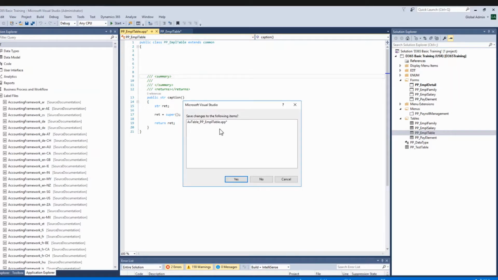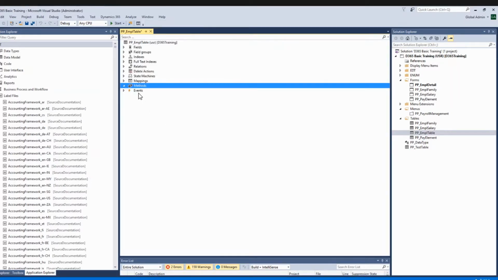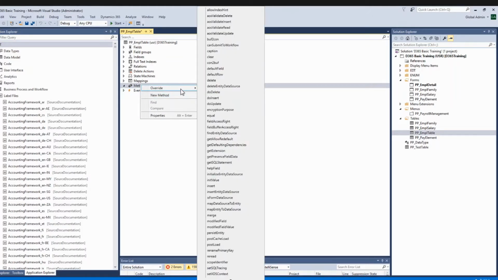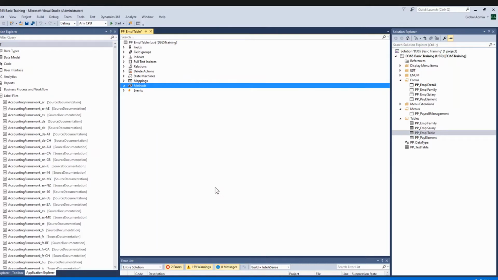So we have many more methods. If I right click, we have override. If you see init value, this is executed when a new record is added in the table. Insert is the same, executed when a new record is inserted into the table. So if I click on this,